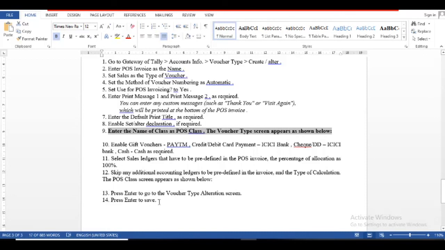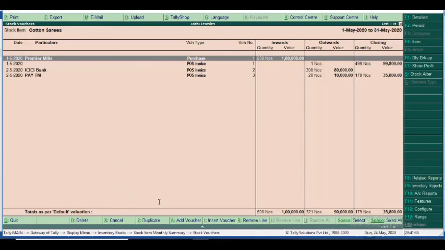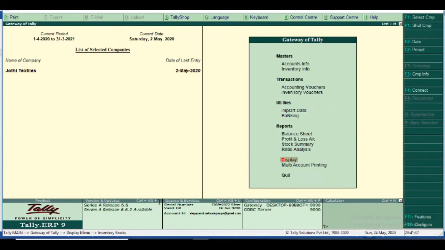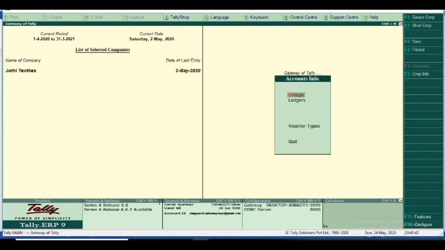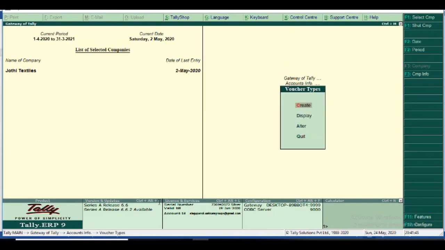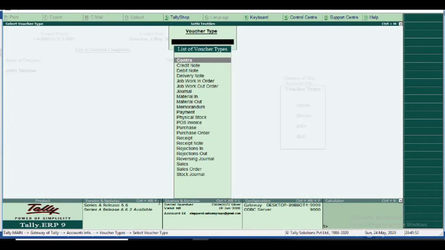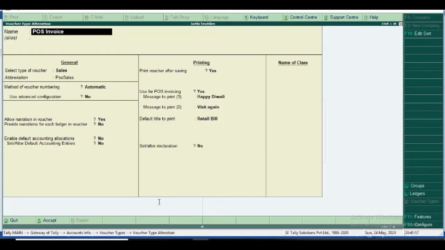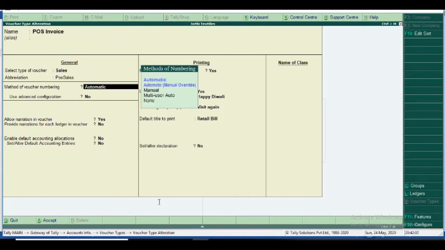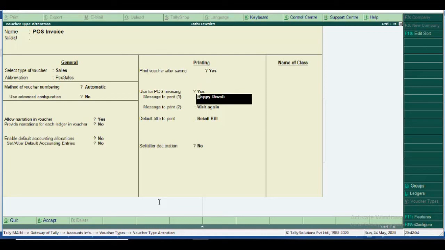Okay, first we move to Accounts Info, Voucher, Alter, because we already created the POS invoice. So I select POS invoice for alteration. I don't change the name, type, and automatic numbering. I don't change anything.